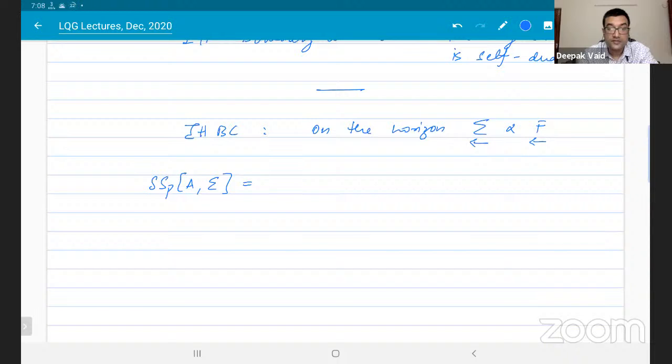And in case you are wondering about the references, there are some very nice references. I'll tell you what they are. Right. So when you look at this variation,